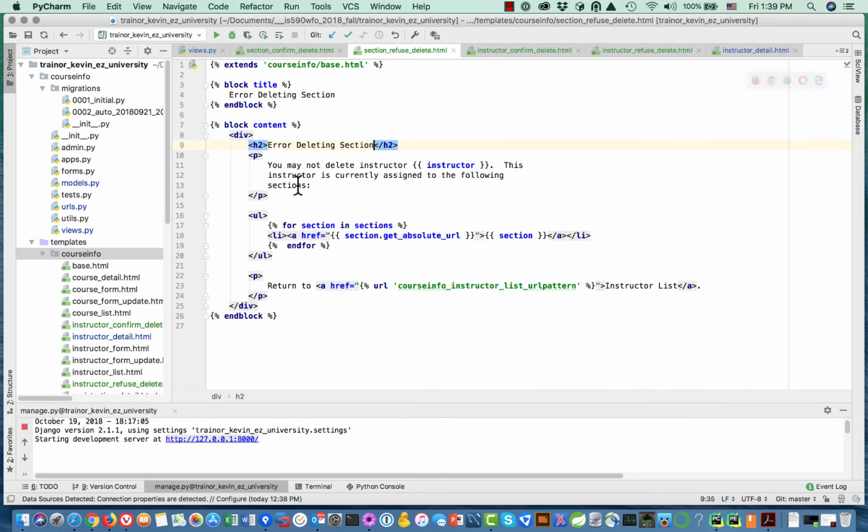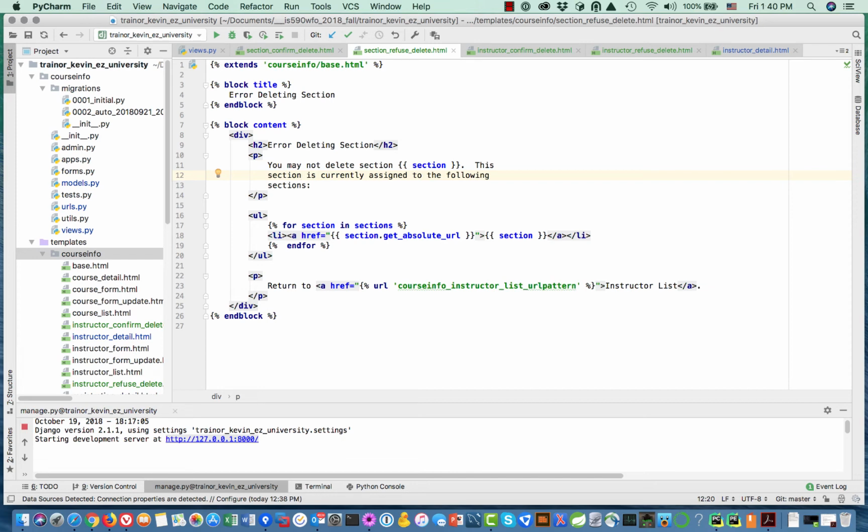Okay. And just say you may not delete section, and then we want to use the section object. This section